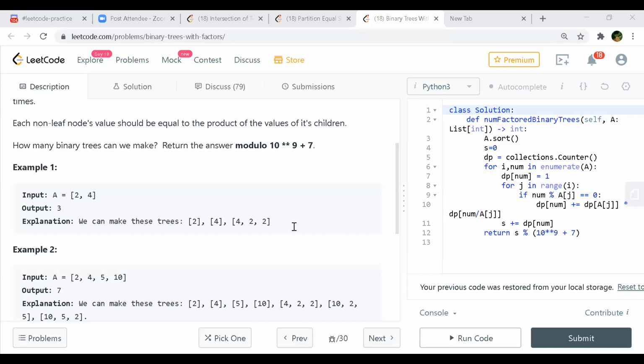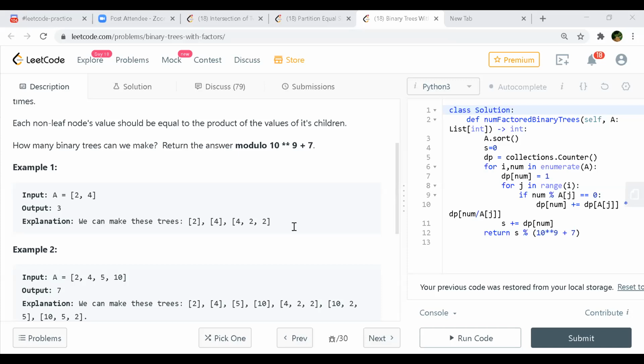If we take the second example, 5 and 2, 5 multiplied by 2 equals 10, and we find 10 also in this input array. So it means we can form a subtree there, right? If we go through this route in some form of two for loops, we keep on finding all these pairs.